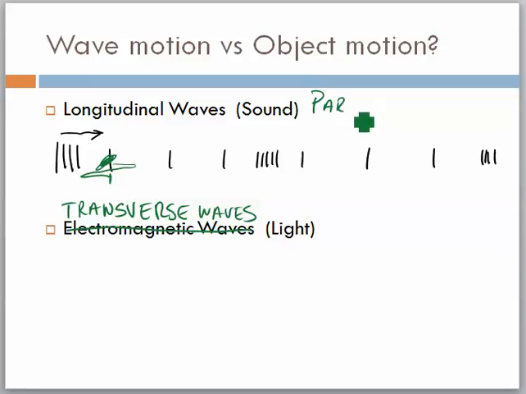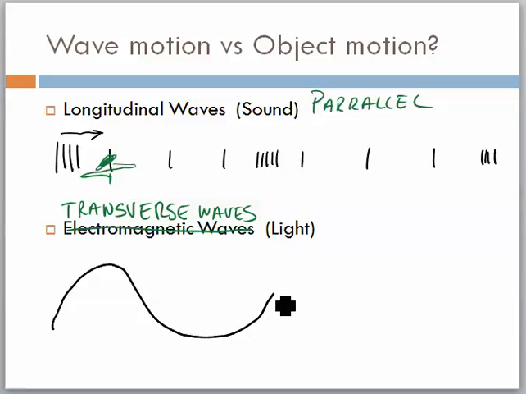Longitudinal waves, particles are going to travel parallel. I'm not sure if I'm spelling that right, but the particles are going to transfer parallel. In a transverse wave, a transverse wave is really what we've been talking about, what we've been using, but it's not really a very good description of sound. Sound doesn't really travel like this, although we've used it because we understand it to be a wave. And now this is my wave traveling this direction.